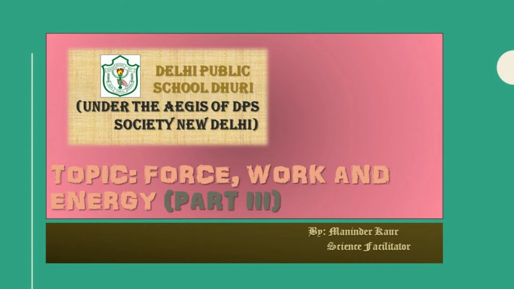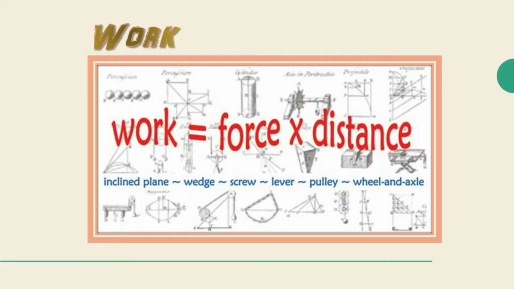Today in this class, we will cover the pending concepts of chapter Force, Work and Energy. Well, students, first of all, we will learn about work. Students, work is said to be done when the force applied on the object changes its shape, size and position. Basically, work is described as the product of force and the distance covered by the object when force is applied